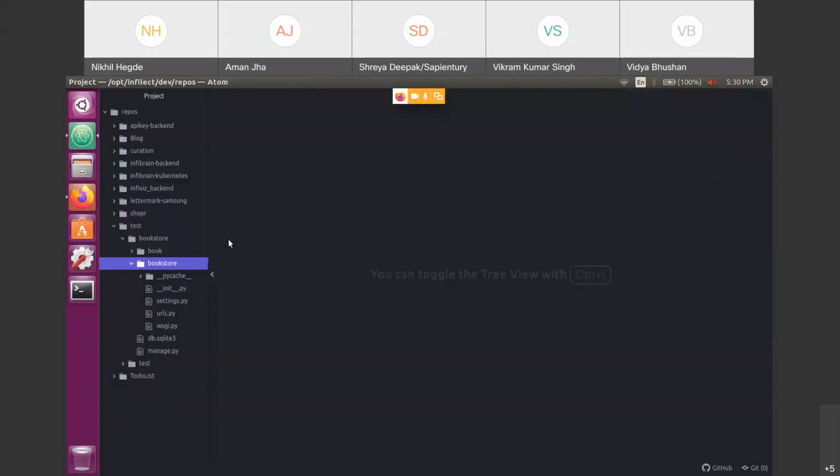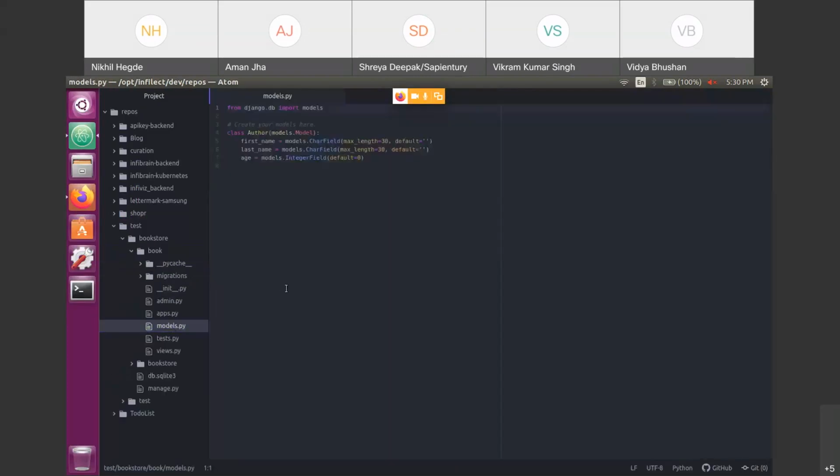Yesterday, you might remember, I had created one project called Bookstore, and I had created one app inside it called Book. And I had created one model named Author, that means an author table. So now let's start with how Django admin works.